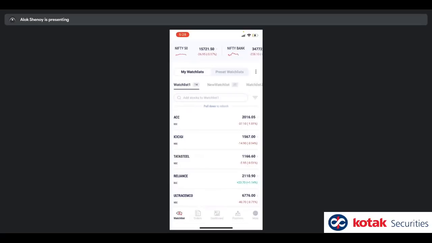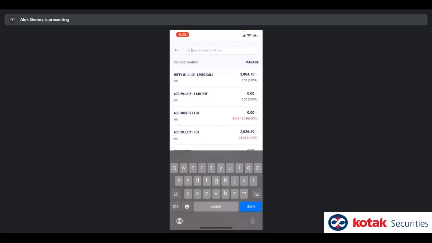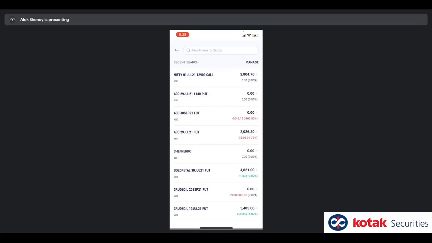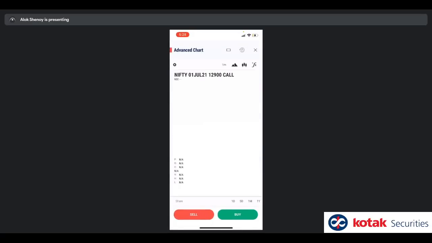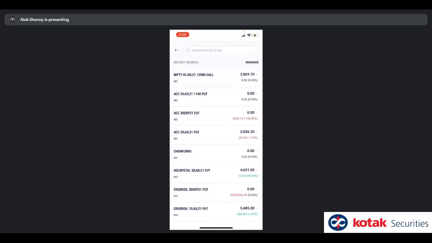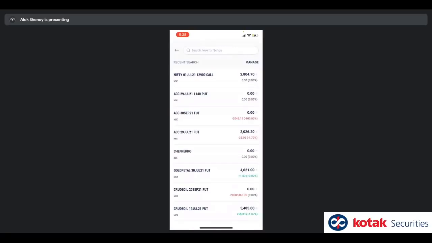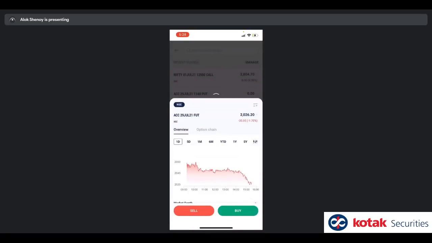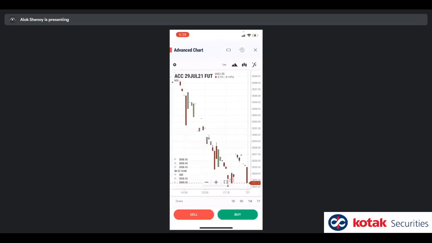I'm seeing somebody asking again about option charts. So I'm going to open up an example, for example, the Nifty chart. You click on this and it should populate the data. If the data is available, it will populate in this advanced chart here. Alright, I think there's no data on this one. In the futures case, I was able to show it. If I'm not wrong, I'll just try and open a futures case. Yeah, so here, this is your chart populating.